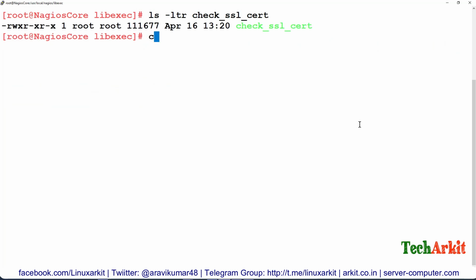It has root permissions, but we need Nagios permissions on it, so that Nagios can execute the plugins. That's what we need.